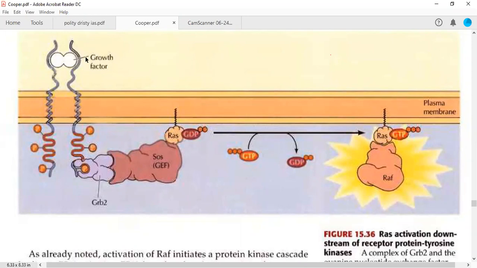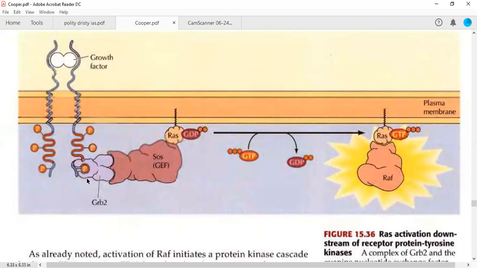So growth factor will come and bind to these N-terminal domains. Fine. Then this catalytic domain and the extra catalytic domains will be phosphorylated